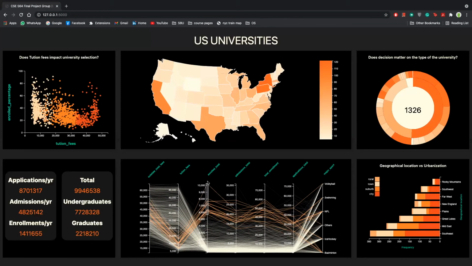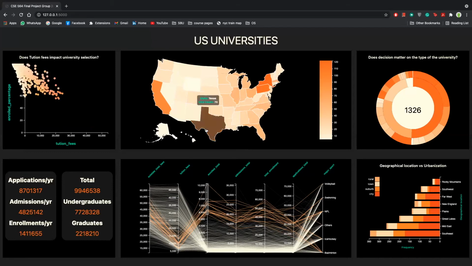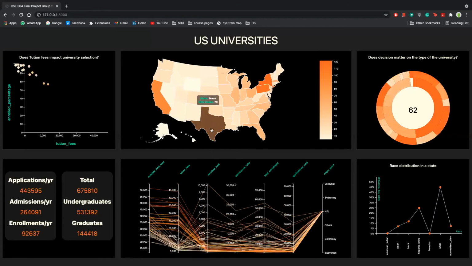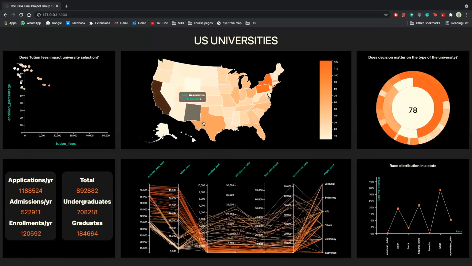Now I will show you a different type of interaction that is possible with these. Now let's select a state. Let's select Texas state, for example. I deselected everything, and I have removed the brushing region, and I've selected Texas state. Now, if you select Texas state, all the components are dynamically rendered and updated by selecting the state. As you can see, the Sunburst, PCP, and Scatterplot, and all these data are getting updated dynamically for every state.